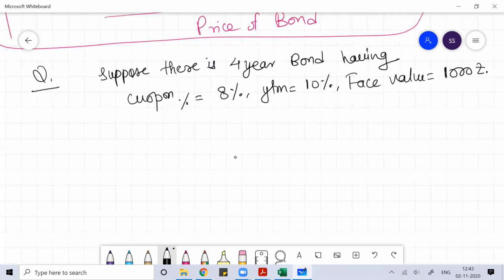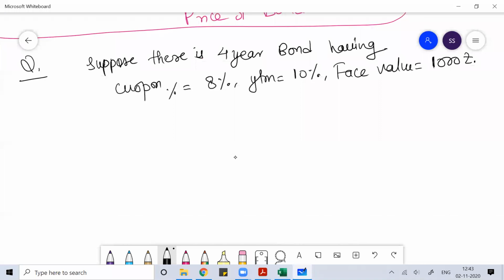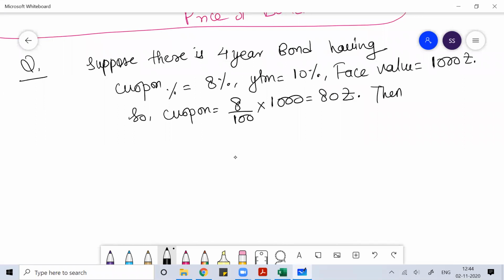So we'll do the calculation. The coupon of this bond would be 8% of 1,000, so the coupon would be 80 rupees. Okay, so what is the calculation of convexity? The convexity of the bond is,